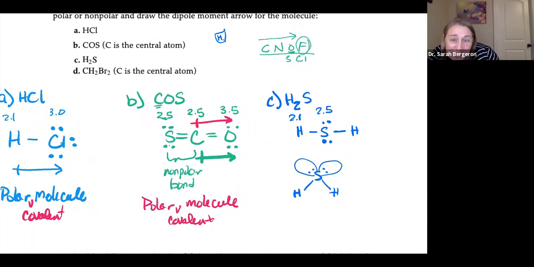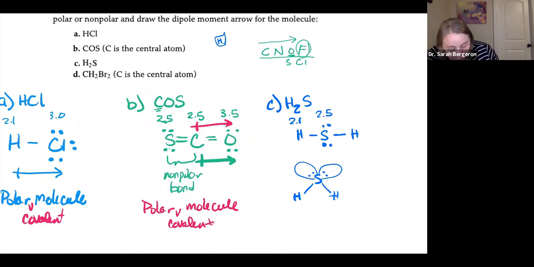So your book calls this one polar, but it doesn't call the carbon hydrogen polar, which I don't necessarily agree with, but it's okay. We're just going to say that the only bond that's non-polar that actually has an electronegativity difference is carbon and hydrogen, even though hydrogen and sulfur have that same difference. It's just the way it is. All right, so my sulfur is my more electronegative, so I'm going to point at that one and put the plus sign by my other atom,